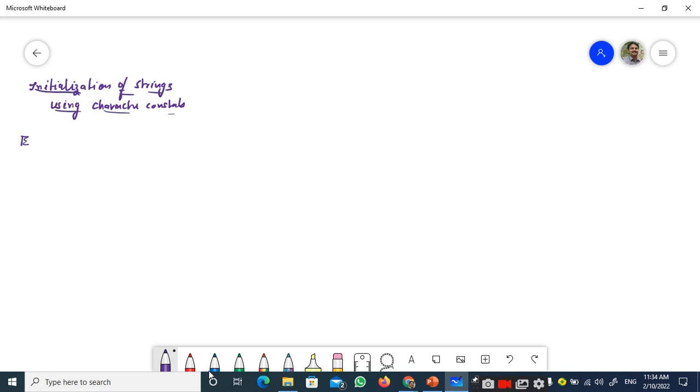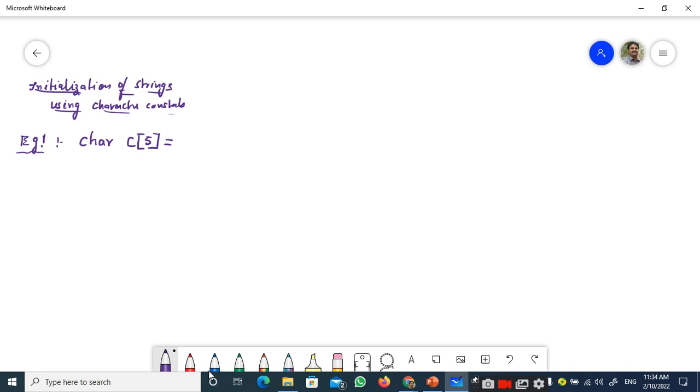I will take an example here. For initialization, the first part is to declare the array. So, char, again I am taking the name of the string as C. Let me take the size of the array as 5,